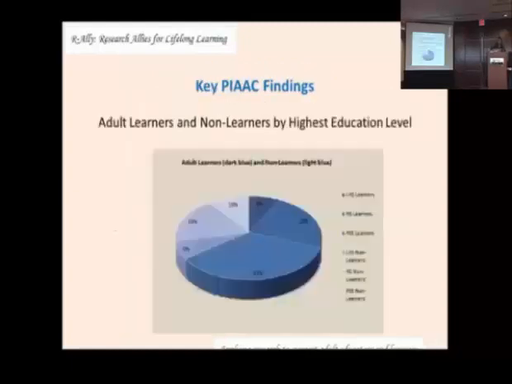Okay, so what do the adult learners and non-learners look like in terms of the breakout? If you look at the darker purple beginning at the top and working your way around to the right, you can see the less than high school learners, followed by the high school learners, and then that largest block kind of at the bottom represents the post-secondary education learners. So those are the folks that are learning that already have a post-secondary degree. And then the non-learner proportions follow after that in the lighter purple color accordingly.